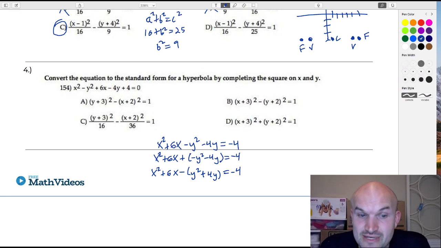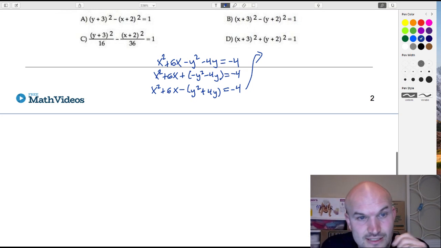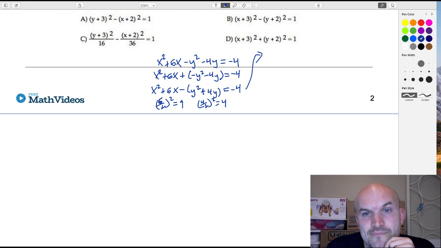All right, so now we need to take our b divided by 2 and square it. So I'm just going to do my work over here. I'm going to take 6 divided by 2 and square it, which equals 9. And this one, I'm going to take 4 divided by 2 and square it, which equals 4. So therefore I have x squared plus 6x plus 9